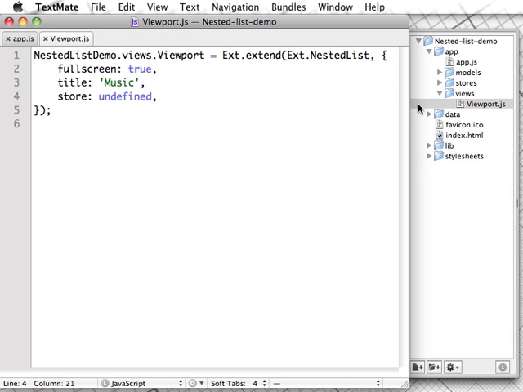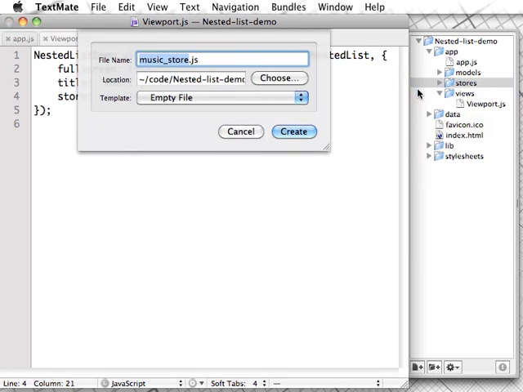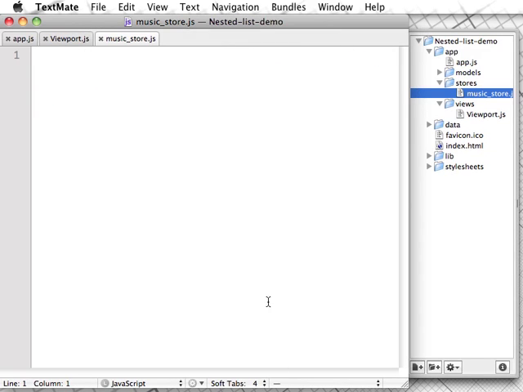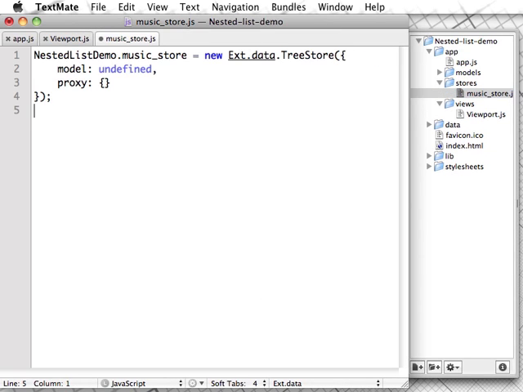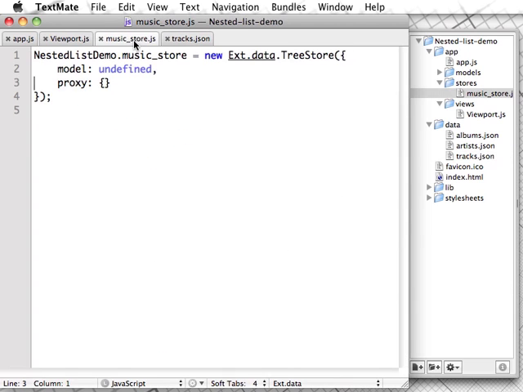We'll need to create one of these, so let's add a new file to the app stores directory and call it musicstore.js. Here we can instantiate a new tree store and configure it with a model and a proxy. I've created a sample dataset and saved it as a static file within this project. This can be accessed at the URL